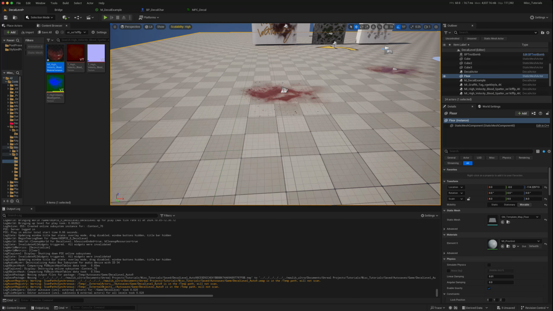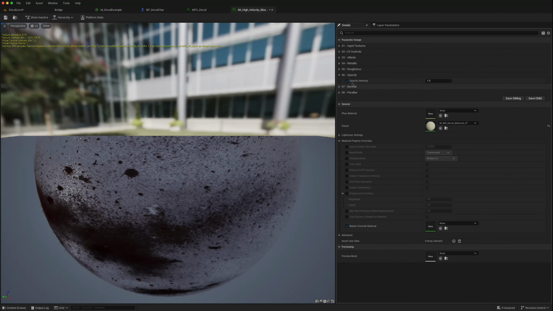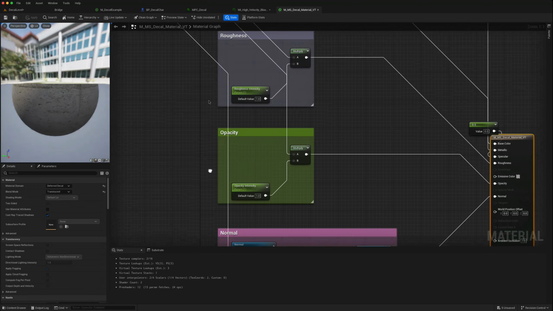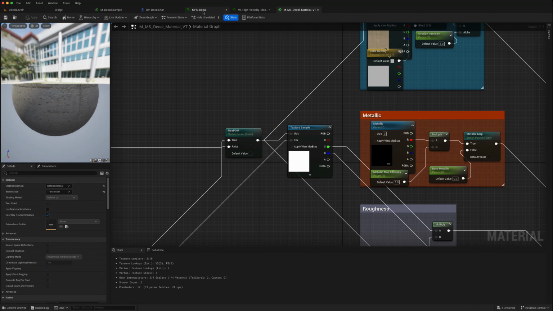So the reason why the Quixel material doesn't work out of the box, let's have a look and find out why. So this is the material. We double click on that. There's an opacity which by default is off, but even turning that on didn't make any difference. And if we go to the actual parent material, double click on that, the reason is that they are not using that lifetime opacity node,